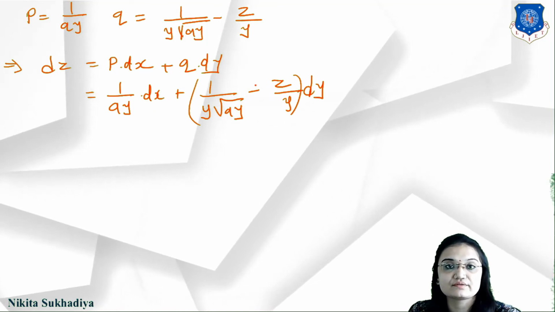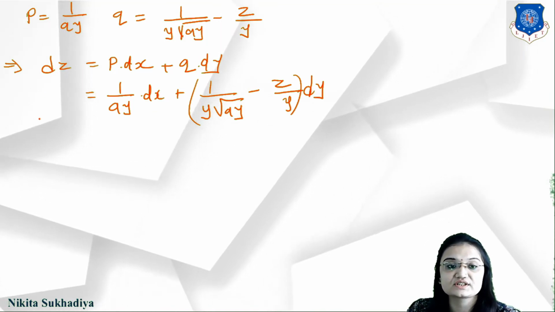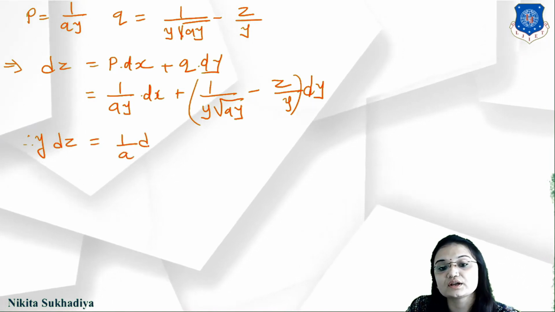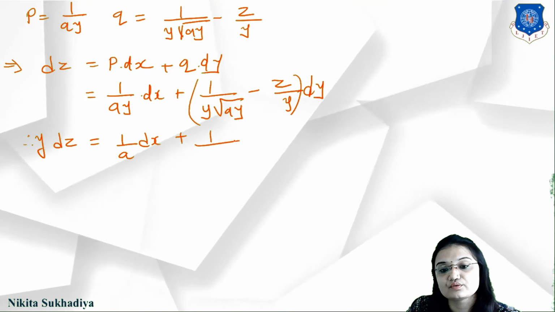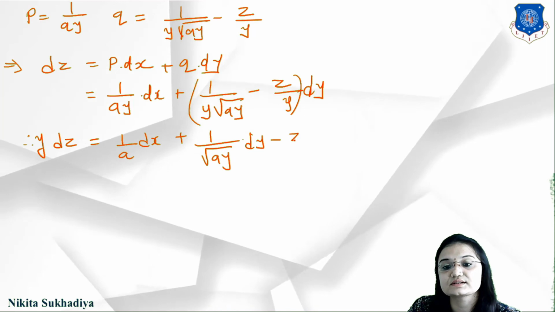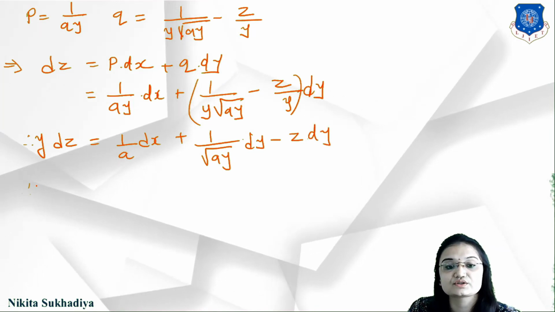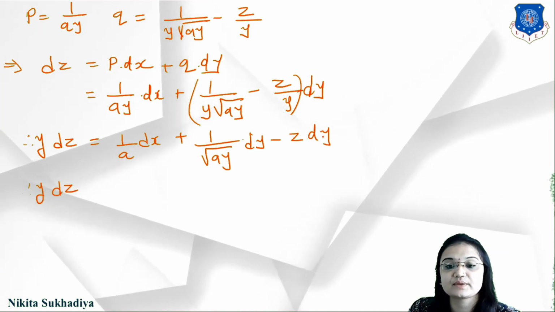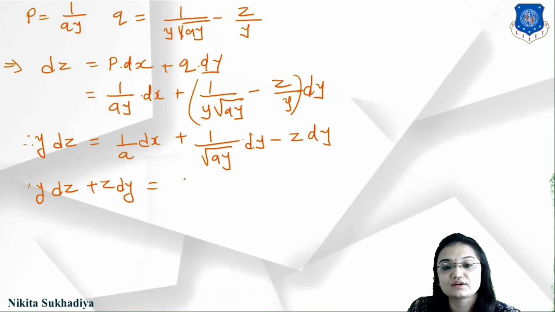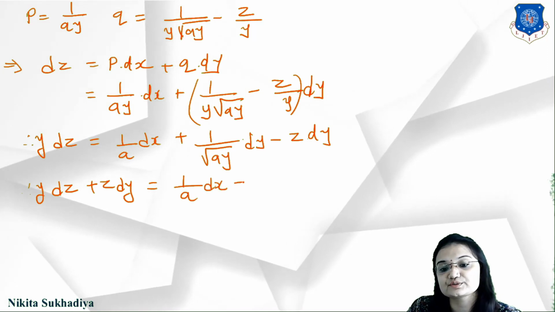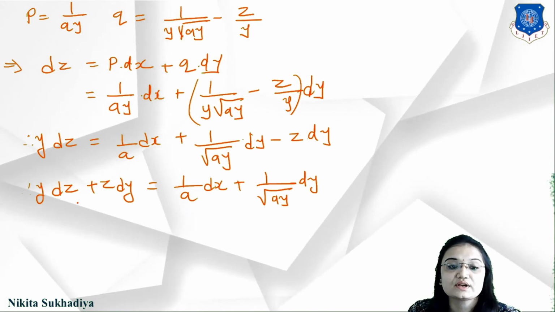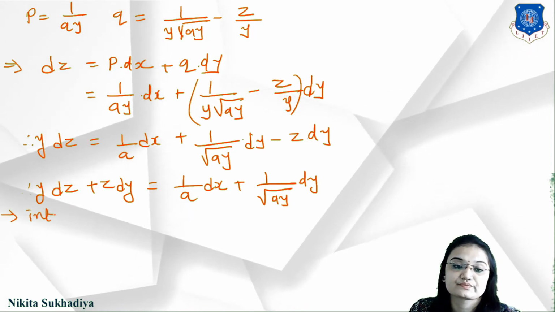So by taking 1 upon y common from this term, this will become y into dz is equal to 1 upon a into dx plus 1 upon under root of ay into dy minus z into dy. So this is y into dz, and by taking minus z into dy to this side, this will become plus z into dy is equal to 1 upon a into dx plus 1 upon under root of ay into dy. Okay, so now by taking integration,